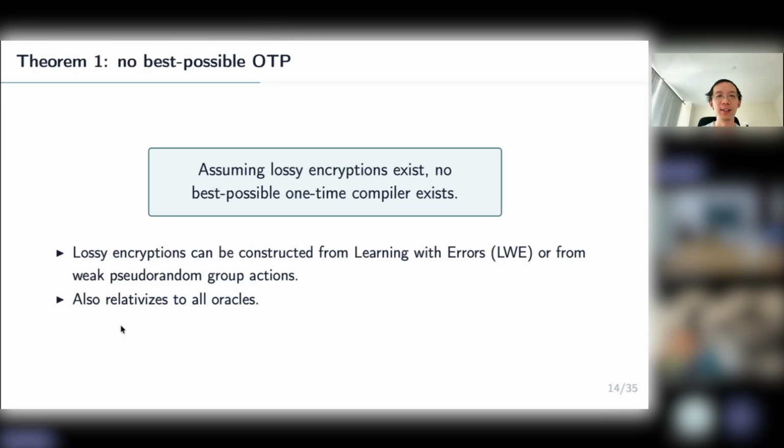Okay, so now let me tell you a little bit about the proof. Actually, if you know the formal definition of lossy encryption, and you know that this is the theorem that you are supposed to be proving, then the proof is not too hard. You can probably figure it out if you stare at it for long enough. So maybe instead, let me tell you how you might come to the realization that you want to look at lossy encryption in the first place.